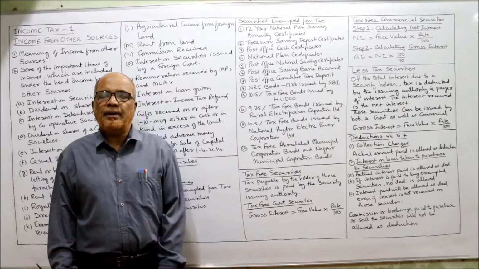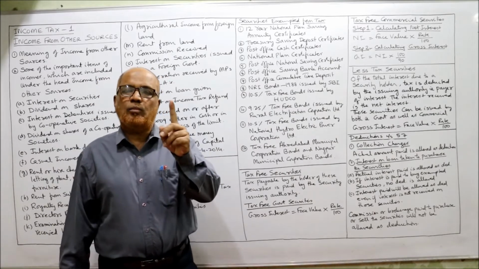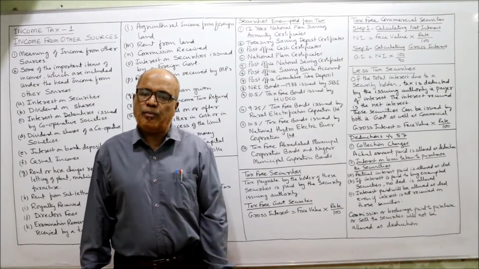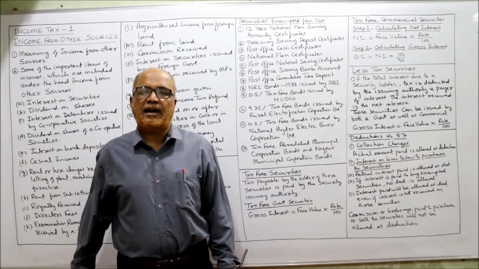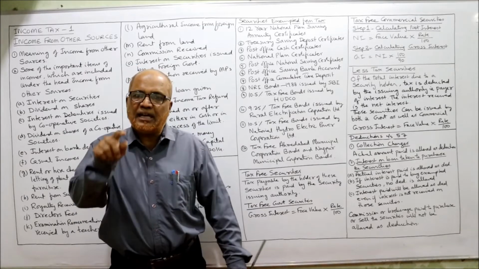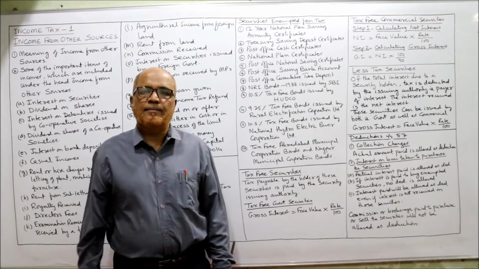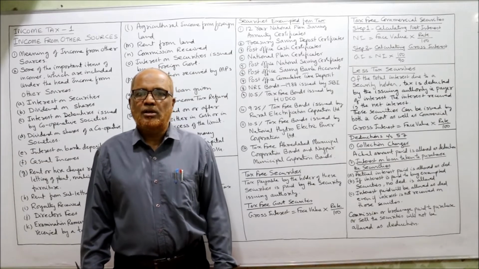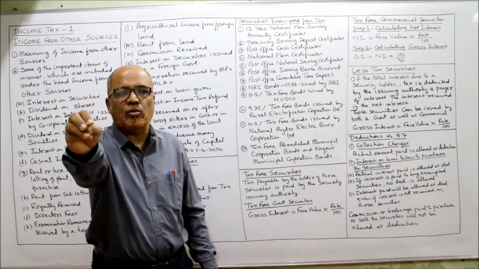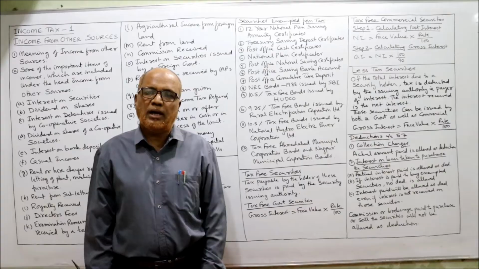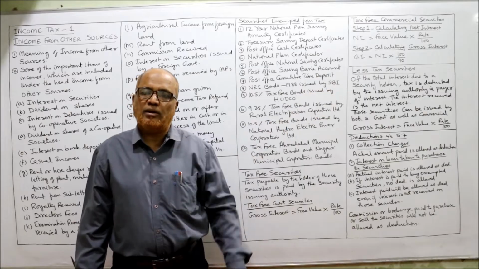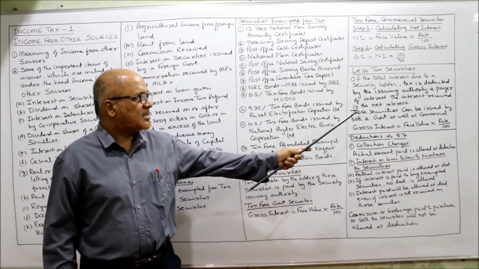Example: you are the security holder, holding 1 lakh rupees of security, and 10% is the rate of interest. 1 lakh rupees is the face value. So 10% of 1 lakh is 10,000. The company will not pay the whole 10,000 to you. From the 10,000 rupees, deduct TDS. Suppose TDS is 1,000. So out of 10,000 rupees, 1,000 rupees will be deducted and 9,000 rupees will be paid to the security holder. That 1,000 rupees deducted is called TDS, and that will be paid by the issuing authority to the income tax department. Less tax security.